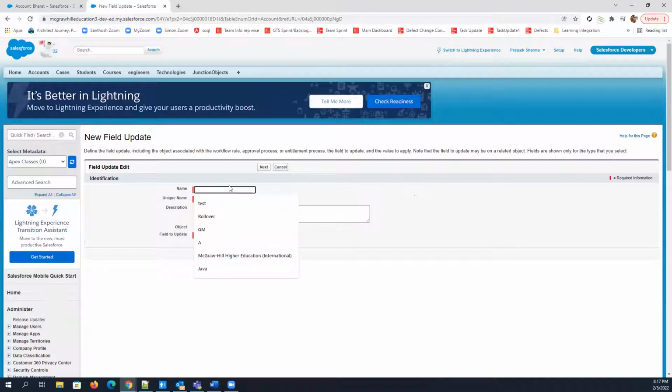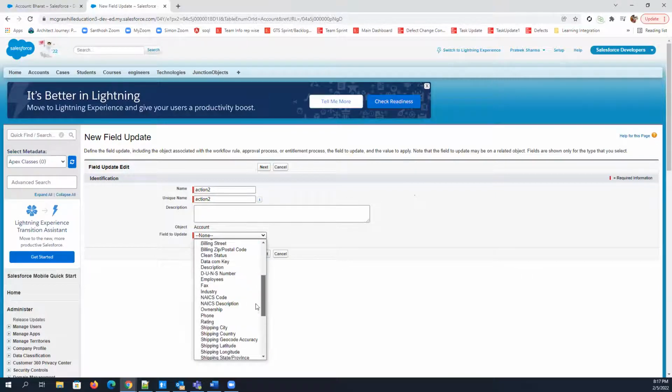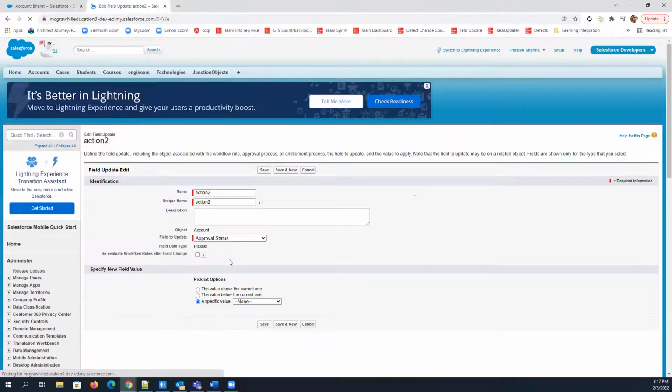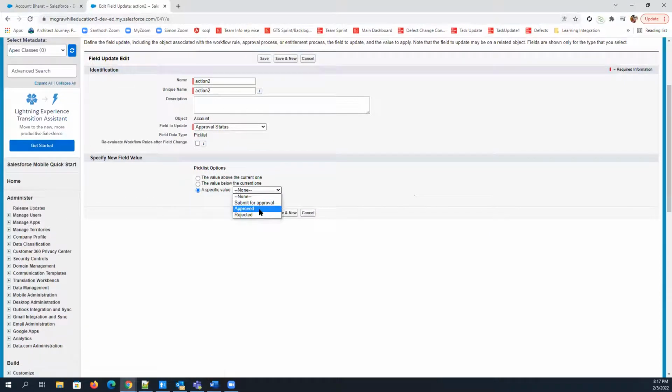And here you can pass something else. I'm just passing action 2, and then select approval status and select the value you want to update at this time. So we are just updating approved at this time and just clicking save.